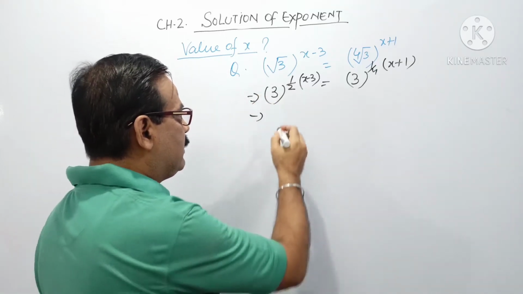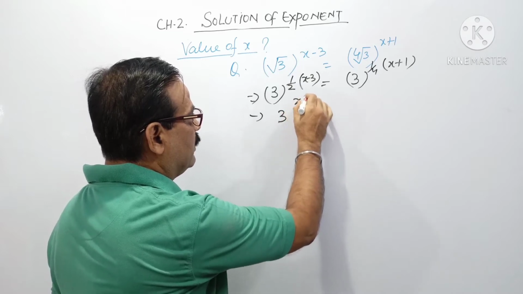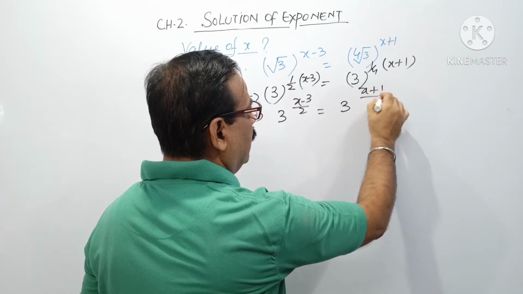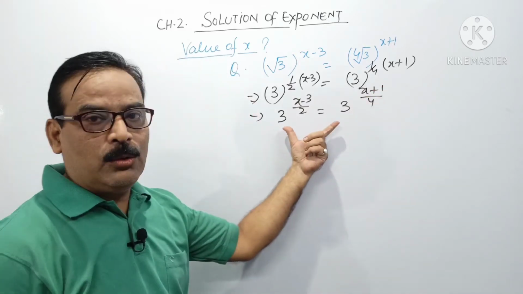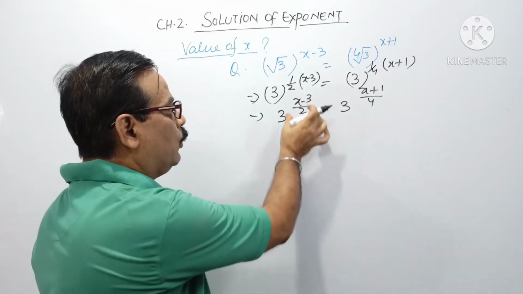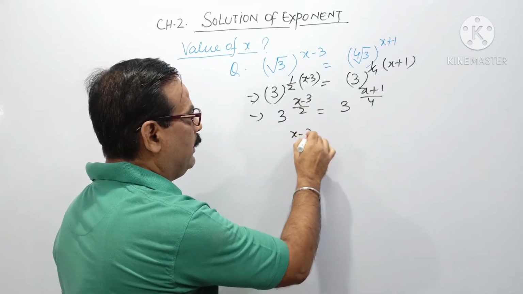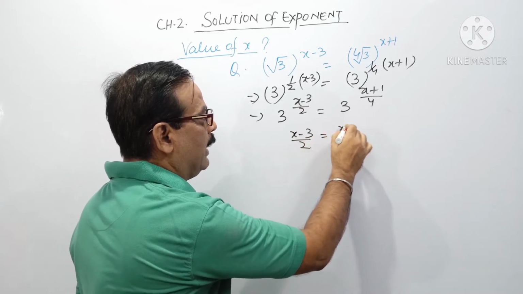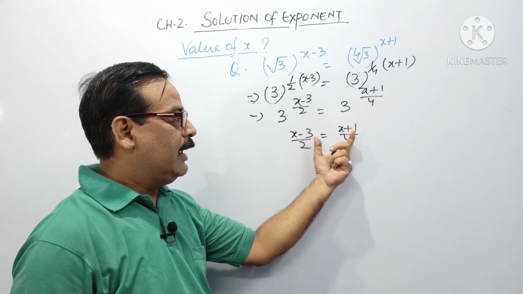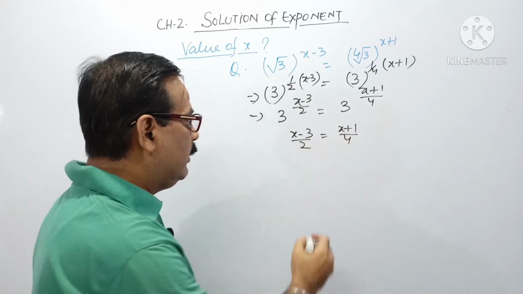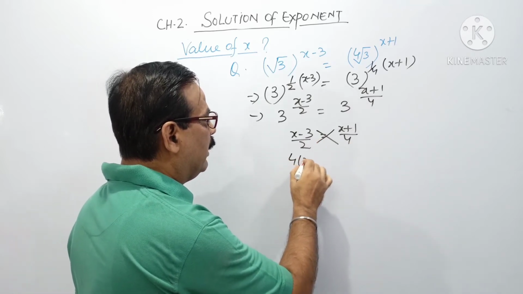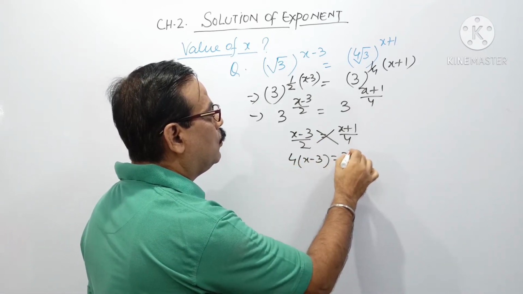And also we can write this term as 3 to power x minus 3 by 2, which is equal to 3 to power x plus 1 by 4. Now the base is equal, both have base 3, so we can equate the powers: x minus 3 by 2 is equal to x plus 1 by 4. Both are equal, so we can cross multiply: 4 times x minus 3 is equal to 2 times x